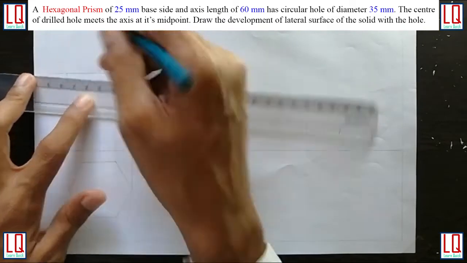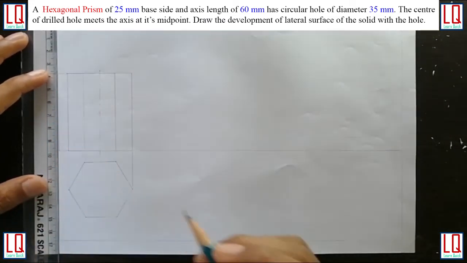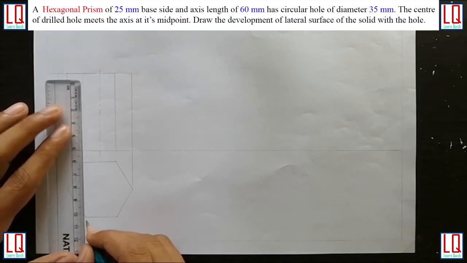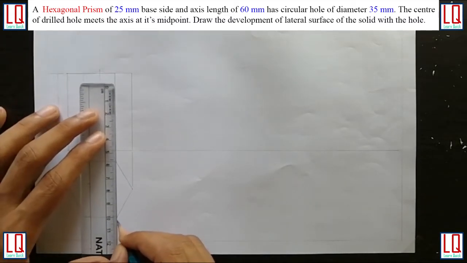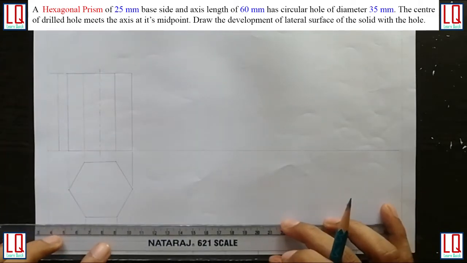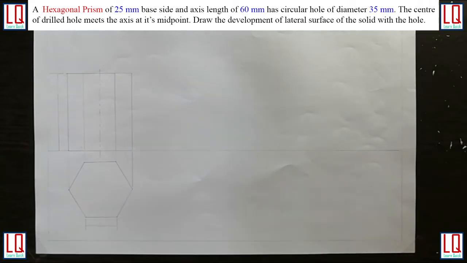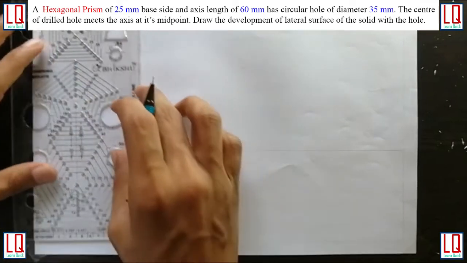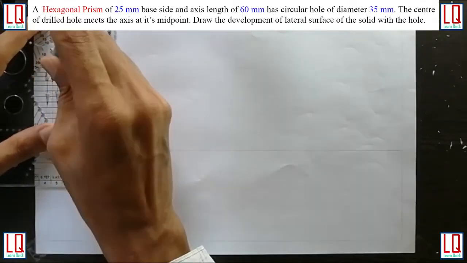So I am dimensioning the height of the hexagonal prism, and the side length of the base edges. We can use our engineering template to draw the arrowheads of the dimension.